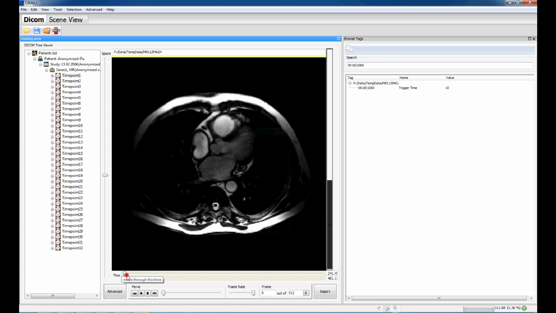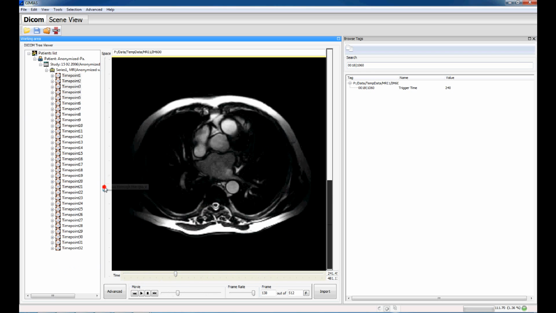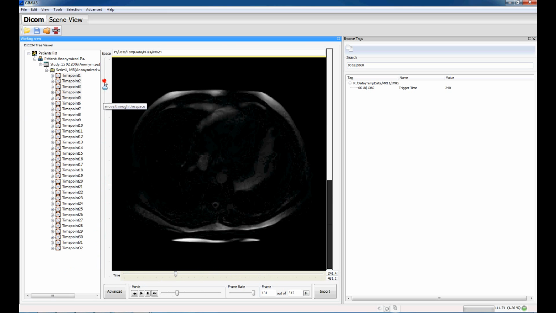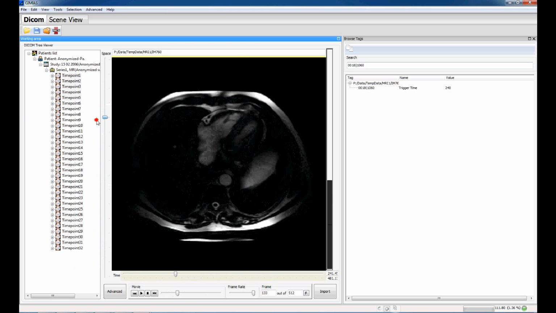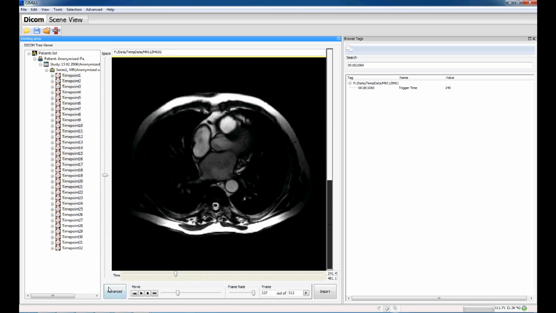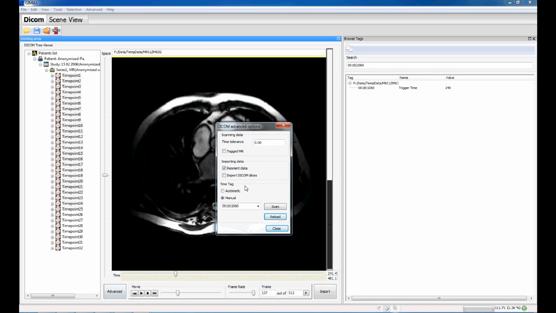Now we can inspect the DICOM dataset in time. You can see the heart beating, and we can inspect the DICOM dataset in space. Now we can also configure this manual configuration